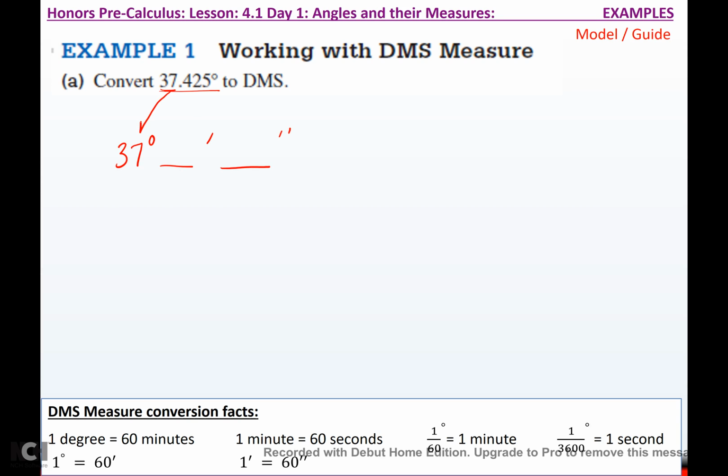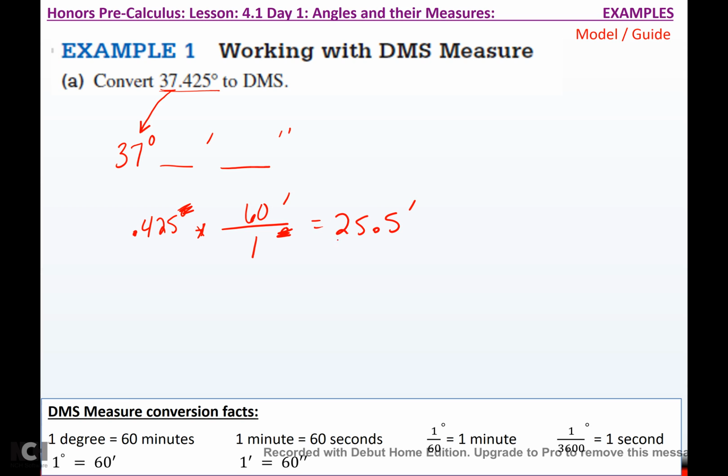To figure out the minutes, you take the leftover degrees, the 0.425 degrees, and you convert. If I want to convert and I don't want degrees, I put degrees on the bottom and minutes on top. And my conversion rate is 1 degree is worth 60 minutes. Here, the degrees would cancel, and I'm left with 0.425 times 60. You type that in and you get